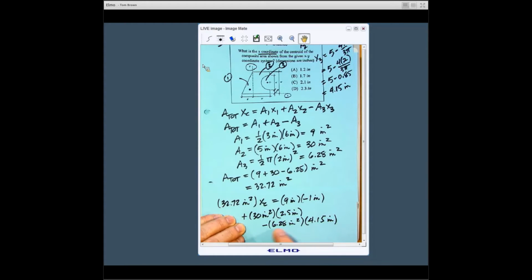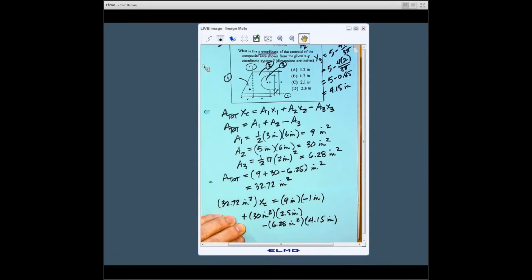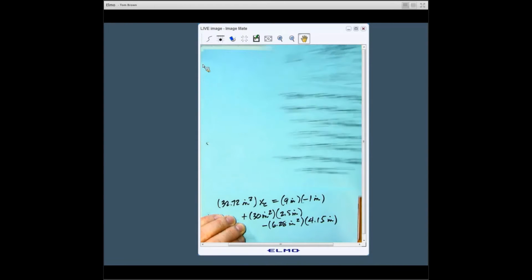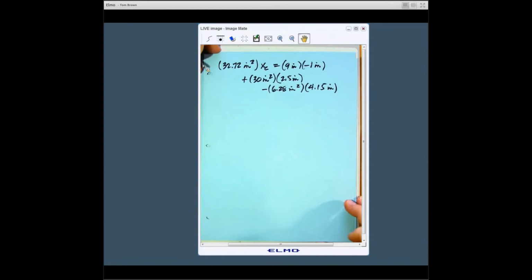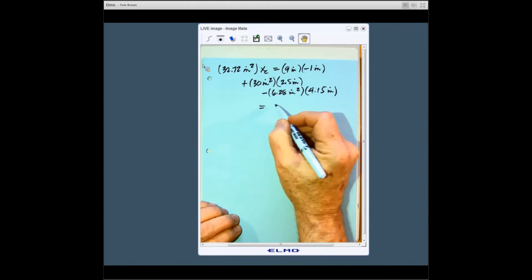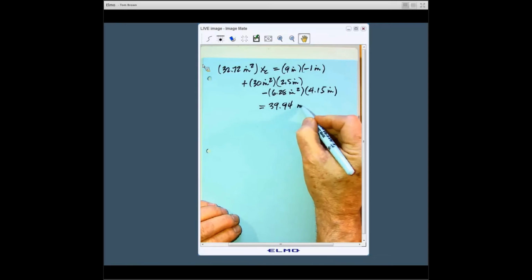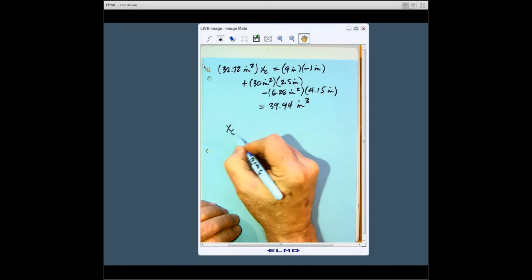So this is our A1 X1 plus A2 X2 minus A3 X3. While the combination is positive, of course this one was negative. We took that out when we came up here and we were subtracting off the area, so it came out net negative there. This one makes this term negative because its location is to the left of the y-axis. And when you multiply this out, you get, to 2 decimal places, 39.94 inches cubed. So therefore, our x sub c comes out to be